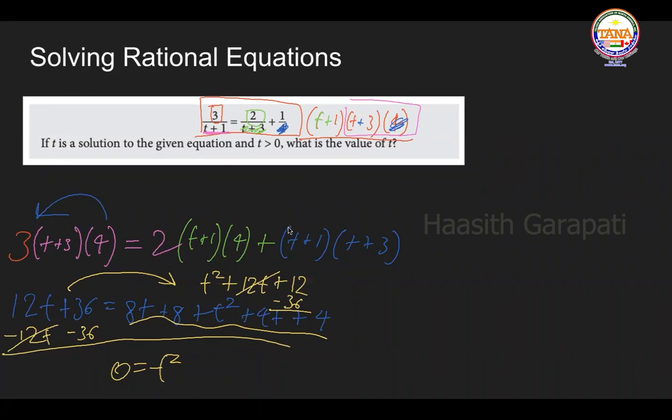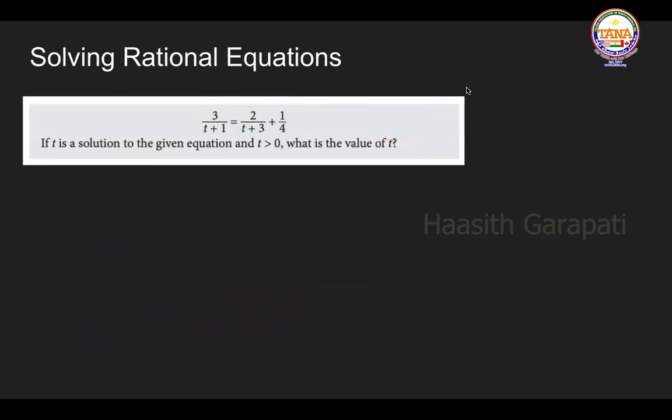Oh, shouldn't the very last number be 4 on the last side? Let me check that. Oh, yep. I think you are, in fact, right. If that is 4, then oh, yeah, that's supposed to be minus 4, I believe, or not. Apologies. Let me just